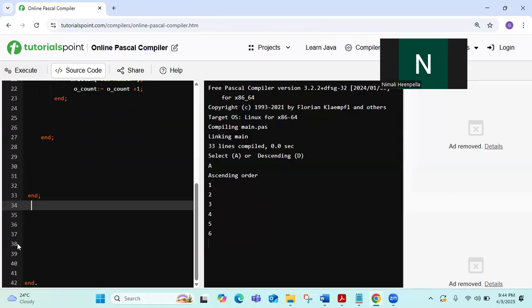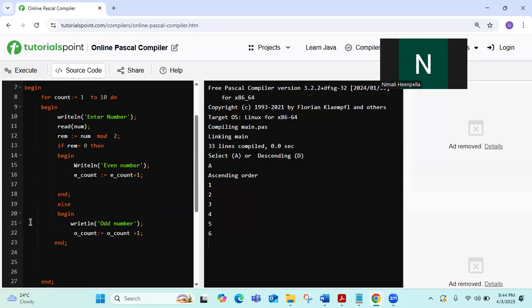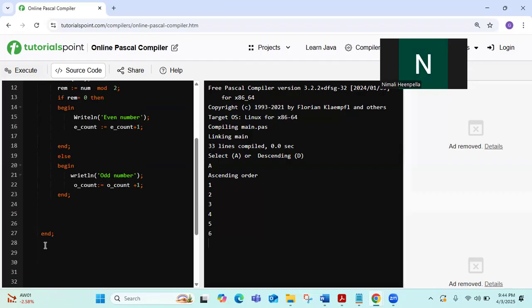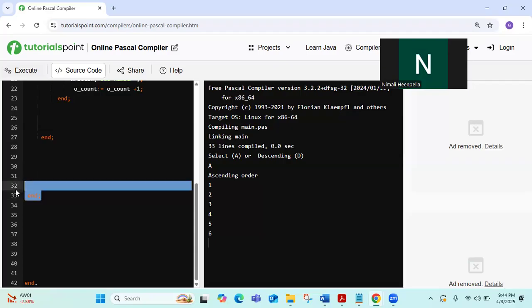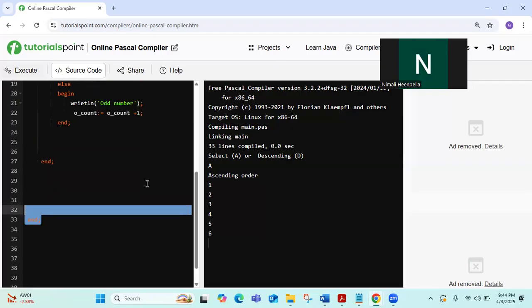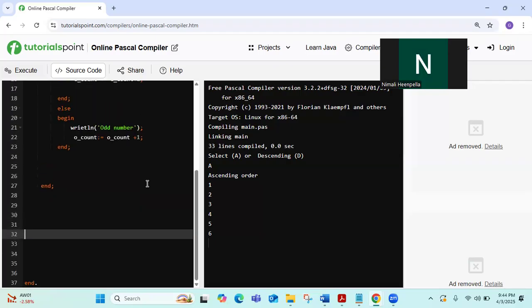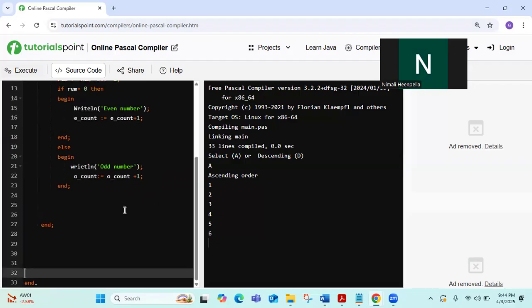So that is here. For this, we have begin end, and here we have begin end. For this one, we have a begin end here. Okay, then this sort thing is not needed. Okay, so then